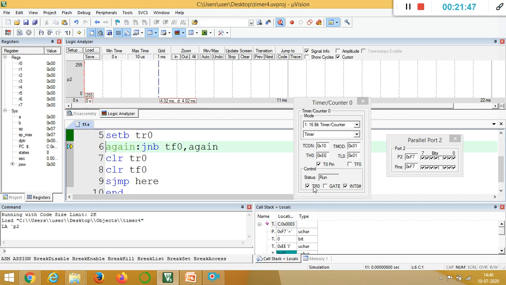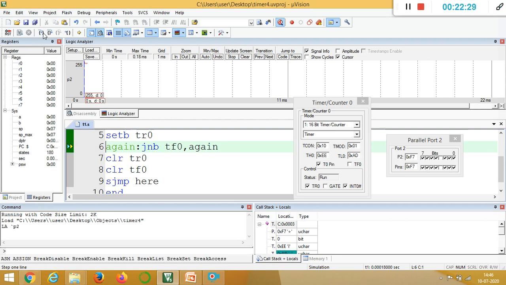has started now. Then it will count from EE00 until it reaches FFFF, until the TF flag is set. Once it rolls over from FF to 00, you can see a tick mark in front of TF0. So now I will go for single step execution. Along with that, you can see the values incrementing by 1. You can see the value in TL. Same thing, it will change again in TH. So it will reach FFFF.